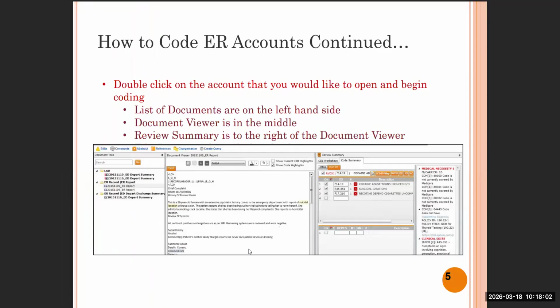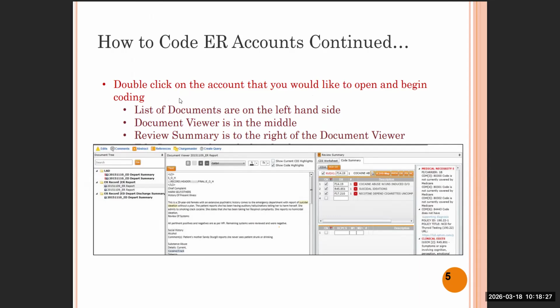So you will see here how to code the ER account, continued. This is a real challenge when opening the software, how we will code. I wanted to explain it because you may know how to code but not know the software tool, so that's why we decided to explain all these things.